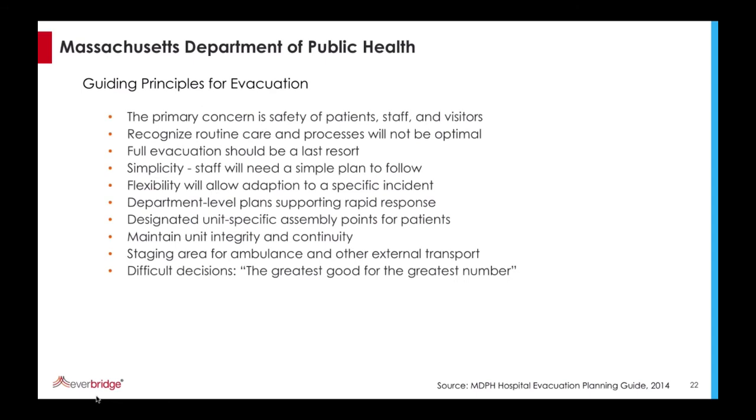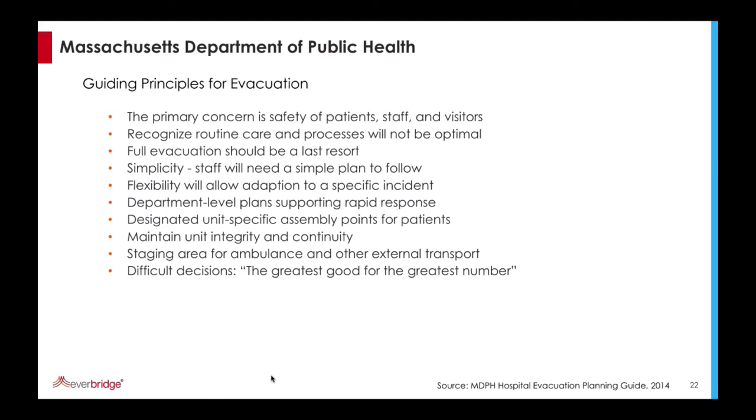There's a very helpful guide I found developed jointly by the Massachusetts Department of Public Health along with expertise from Harvard University School of Public Health about some of the guiding principles which should be considered when anticipating evacuation. Clearly, the first and most important response would be shelter in place, whether partial or full. But you do need some pre-event decision guide to help you determine at what point we should be pre-evacuating, at what point we should decide that the need to evacuate is imminent and we need to launch a more elaborate plan for assistance. Again, the primary concern is for safety.